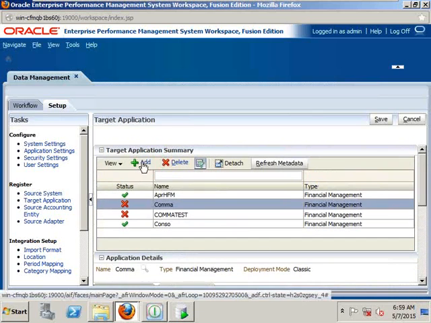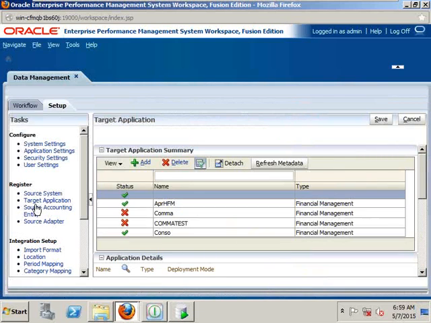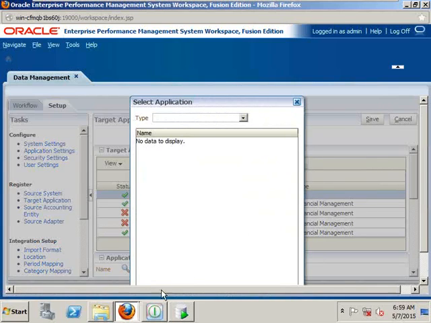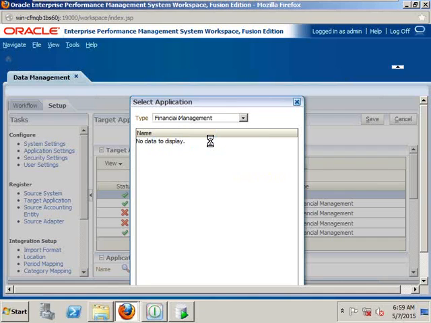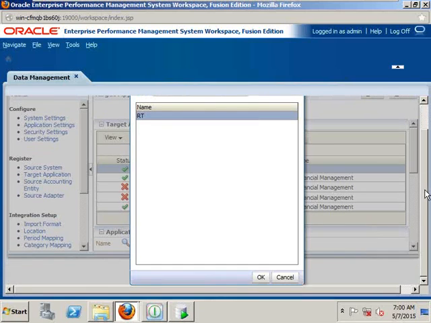Then what we have to do is add applications, and here you are registering the target application, for which you need to click on add. You can see the total applications that we have: planning application, financial management database. ARM is the account reconciliation manager, which will be available in FCM, financial close management concept. So at that moment we have one application, that is ARM, account reconciliation manager. Now I am going with financial management. It will display only one application because the rest of the two applications are already registered in our system. Now we have only one application, that is RT, that I am going to register as my